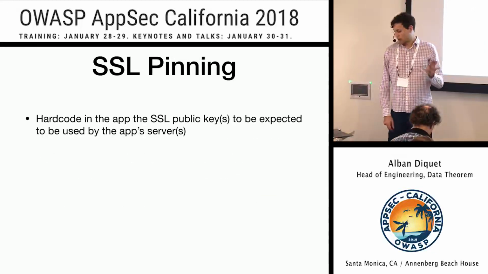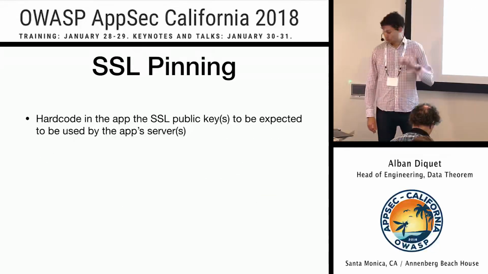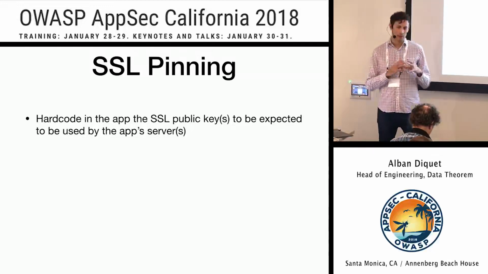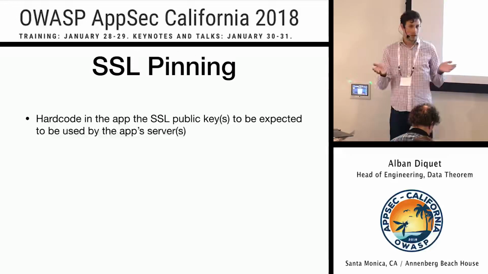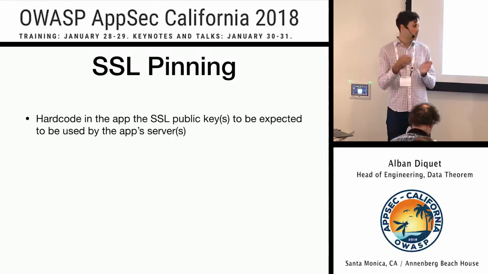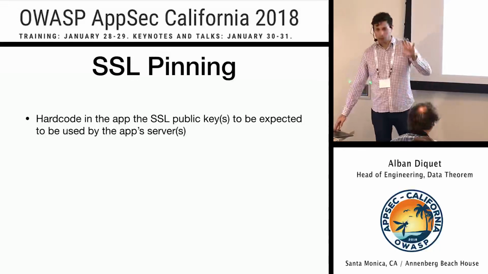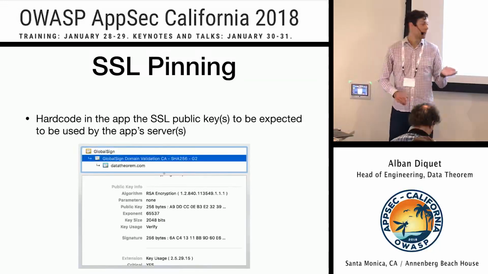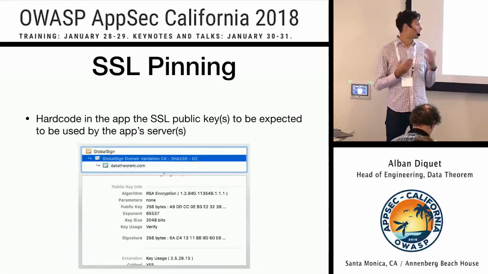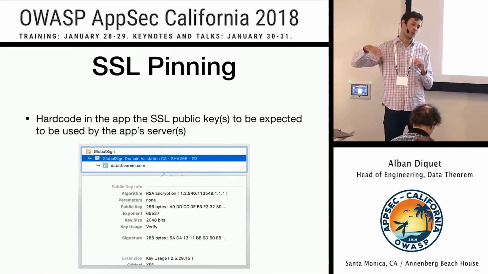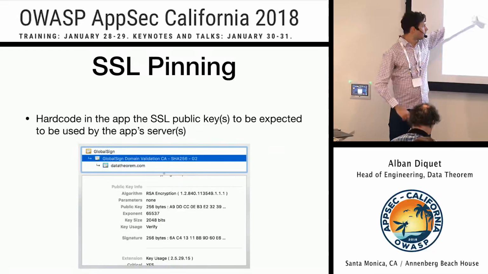So the first thing the library does, and it's an iOS and Android library, is SSL pinning. I'm not going to spend too much time on this, but the idea of SSL pinning is, when your app is connecting to its server using TLS or HTTPS, it's going to check the server certificate, make sure the certificate is trusted, and make sure it was issued for the host name that you're trying to connect to. So that's the default OS validation. SSL pinning is when you want to add an extra step to that validation at the very end. That extra step is basically hard coding the key that you know is going to be used on your server. So if you look at that certificate chain for dataserver.com,